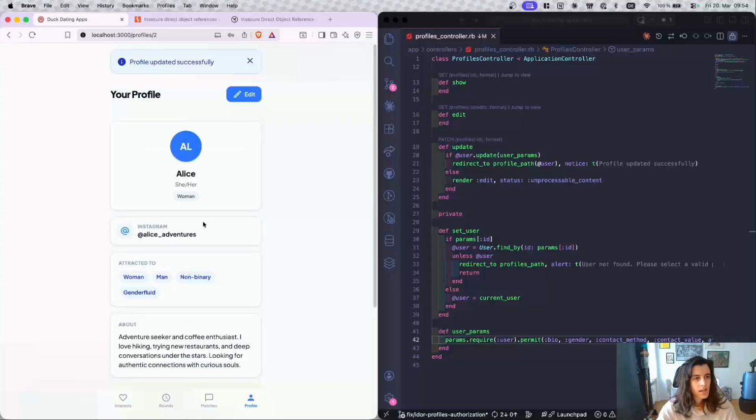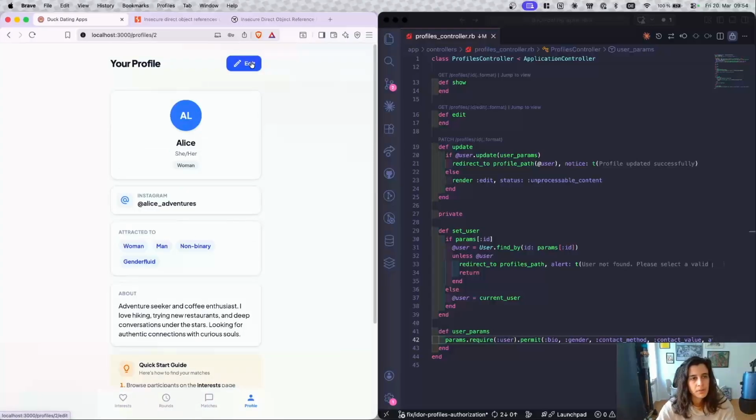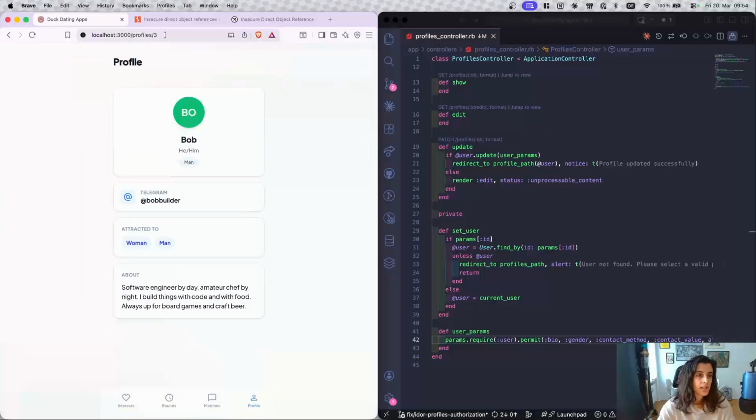Something like this. But with this vulnerability, basically what you see here is that I'm in the profiles page and then I have IDs here. So if I change the ID, I can access Bob's profile, which in itself depends on how you implement the app or what you want to achieve. You could also say, hey, I want to see people's profiles. But in my case, I can also edit